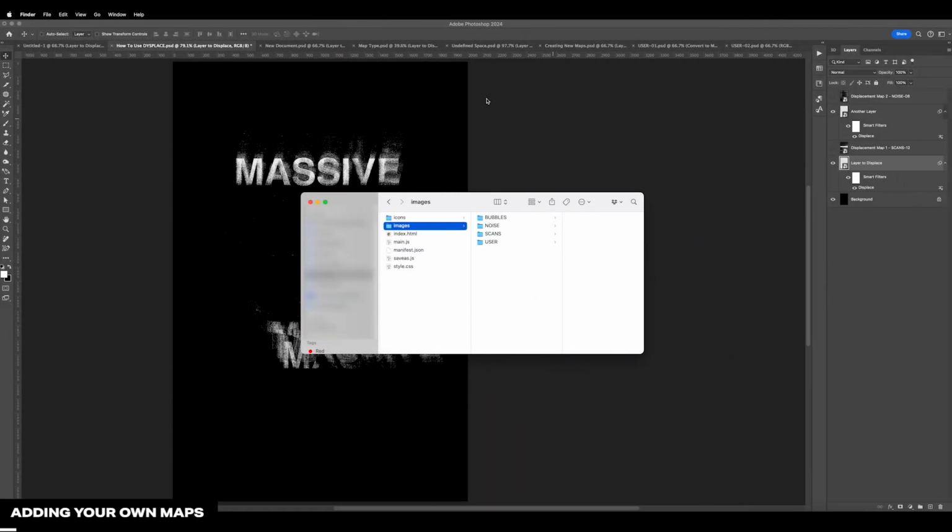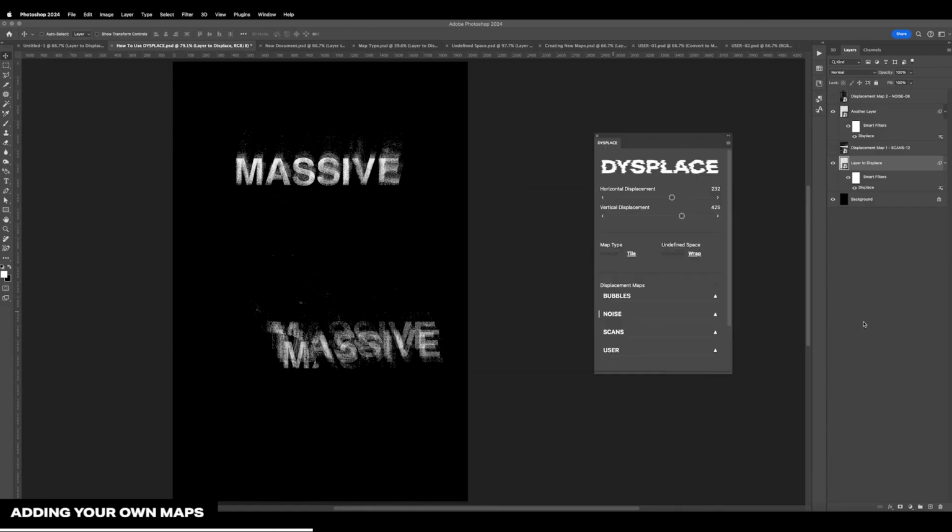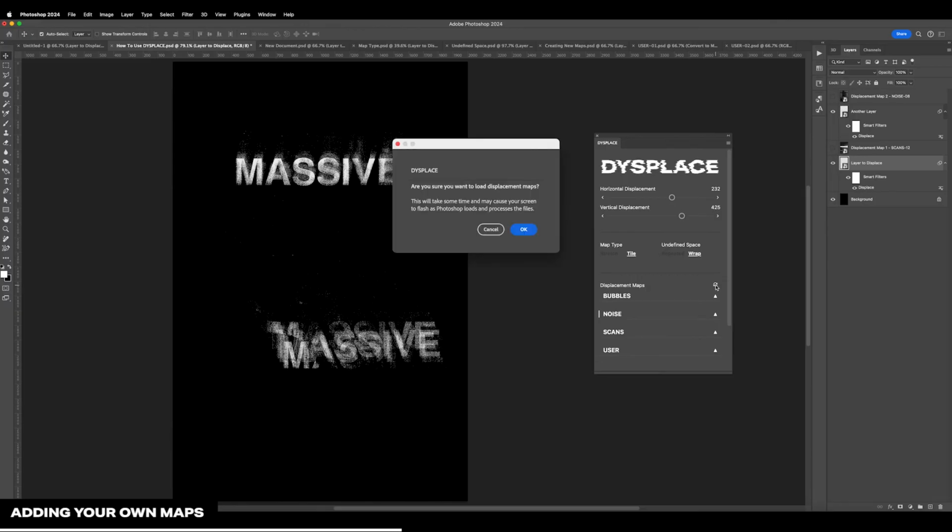Now the last way we can add displacement maps outside of Photoshop is by bringing them into this folder. What we can do is create a new folder, and we can name it whatever we want. For now, I'll just call it custom. I'm going to bring in 3 Photoshop documents and put them into this folder. So you can see I brought in one called Displace, one called Test, one called Test 2. If I go back into Photoshop, you'll notice that these haven't been instantly added. What we're going to need to do is click on the load button and click on OK